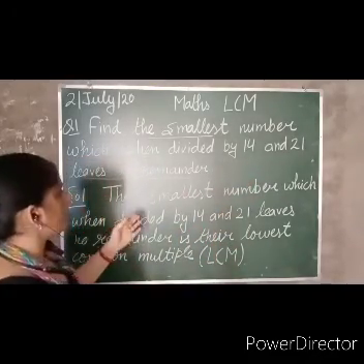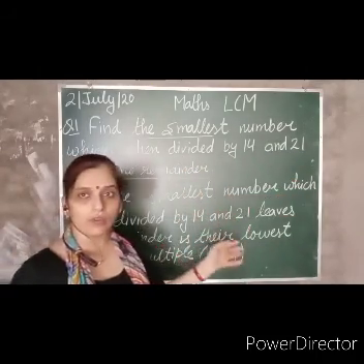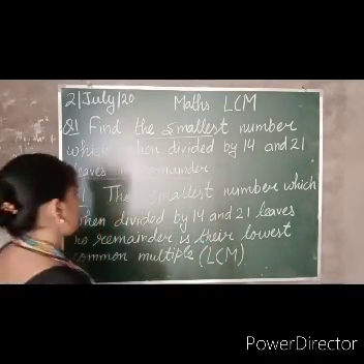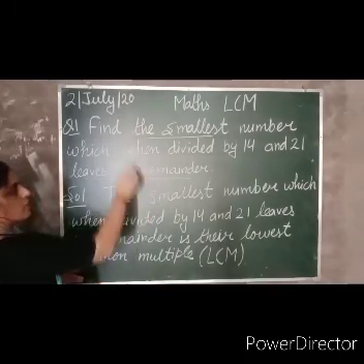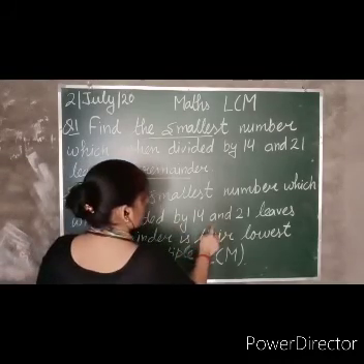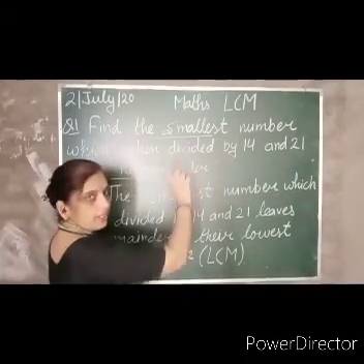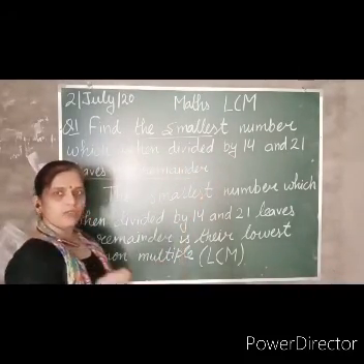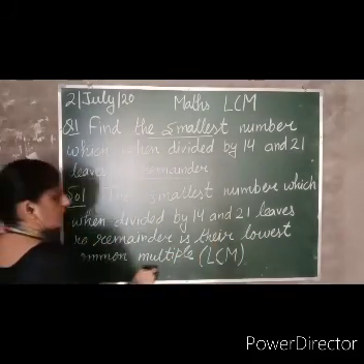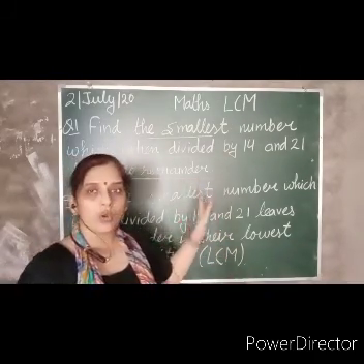Okay. So now we have to do the word problem. We have to calculate the LCM of these two numbers. As it is a word problem, we have to write down some language. A word problem without a language is incomplete. So let's write down the language. We will write down the language from the question first. The smallest number which when divided by 40 and 21 leaves no remainder. Till here it is from the question. Next we have to add just one line from our side, that is their lowest common multiple. It means LCM. This is the language only which we have to write in this word problem.